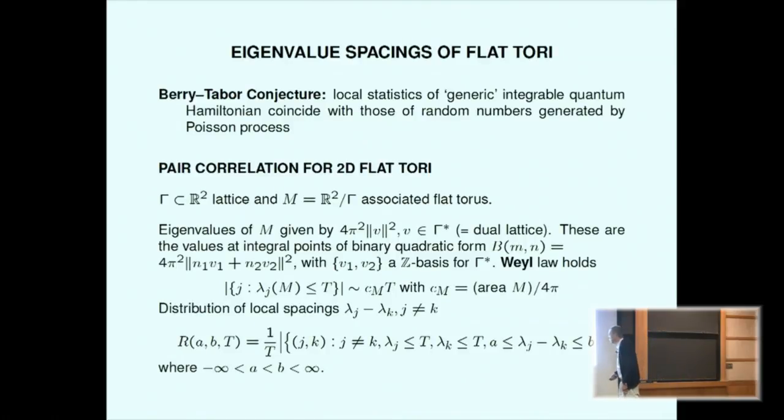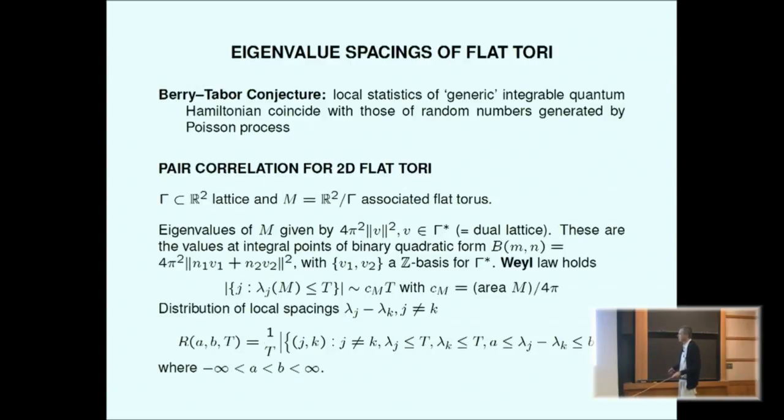and well, beyond Weyl's law, the next thing you would worry about if you study the statistics, say the local statistics, a classical thing to consider is a so-called pair correlation. So we're looking at local spacings. And well, the proper quantity to introduce is the following. We are taking some large t, and then we are looking at the pairs j, k of eigenvalues, distinct eigenvalues, with lambda j, lambda k bounded by t, and the difference, say, in an interval (a, b),